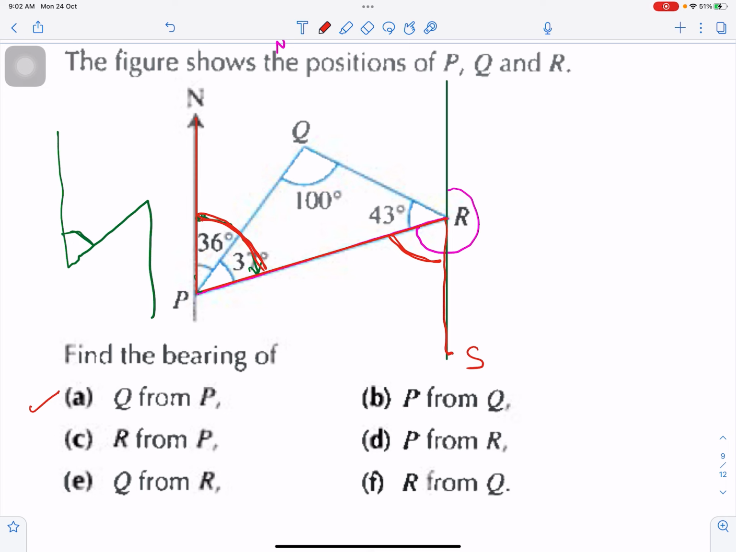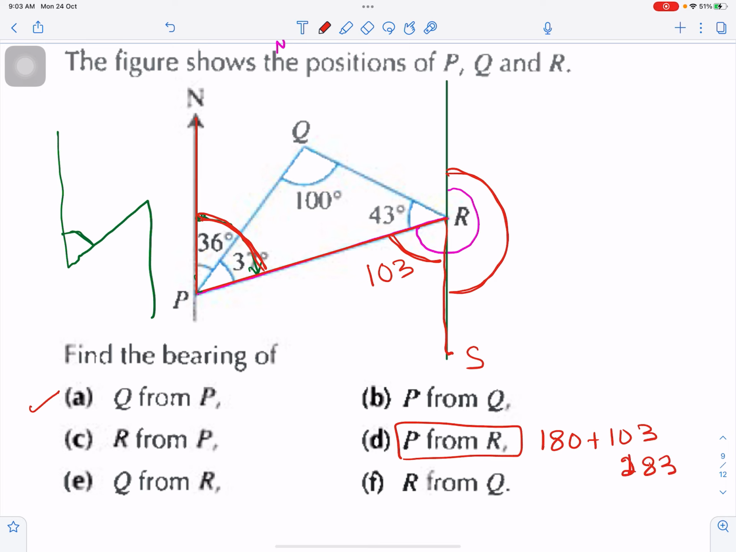36 plus 37 were 103 and a straight line is 180 degrees. So my answer for P from R will be 180 plus 103. So you will get 283. This is your bearing. Make sense? Now I'm giving you time to think and then I will solve it and you can put the video